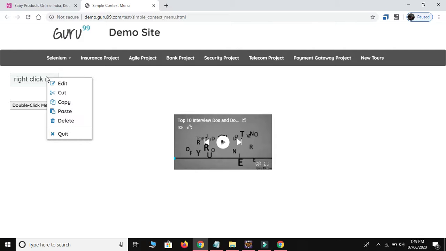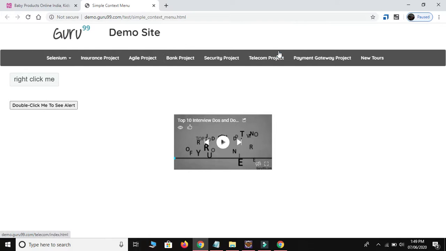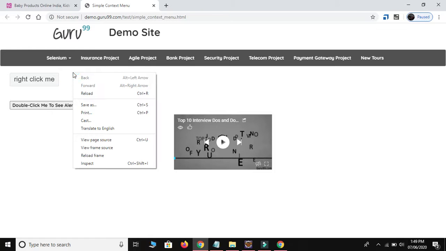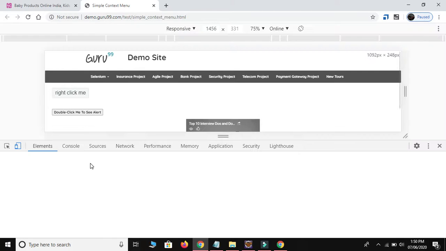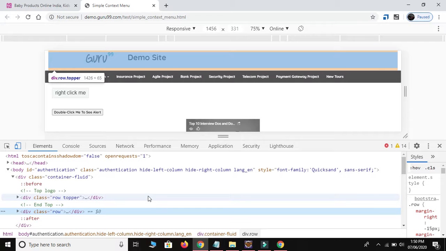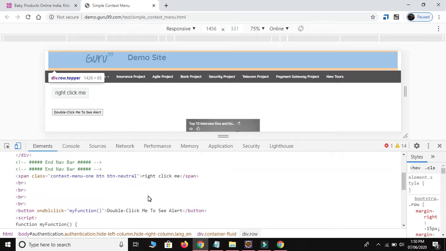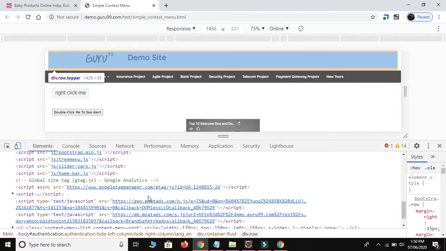After right click we need to click on this edit button. So just right click over. Okay, right click, and then I think we are not able to right click on the web element, right? So how to find the web element? So without referring any property, I will try to create the XPath.